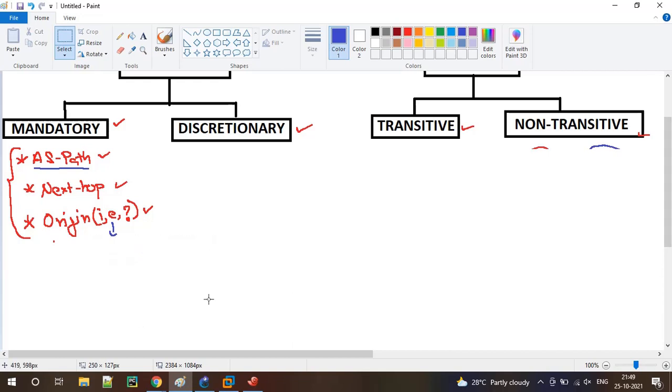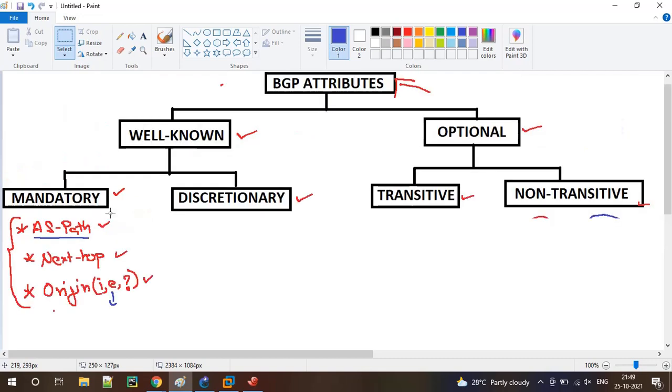Okay. So next we have something called discretionary. This falls under well-known, and under well-known we have discretionary.